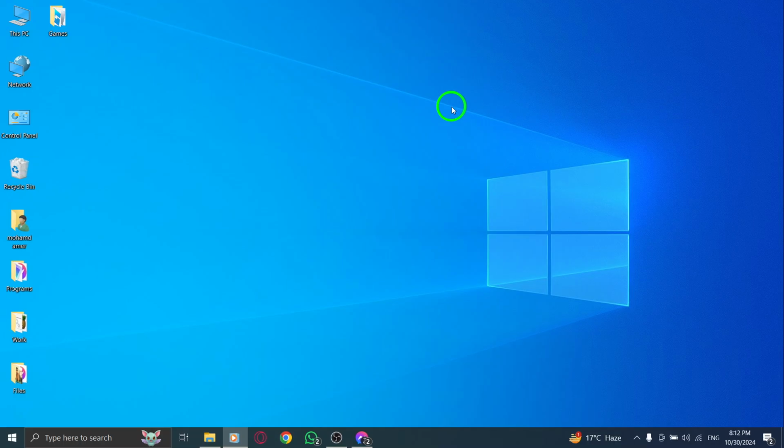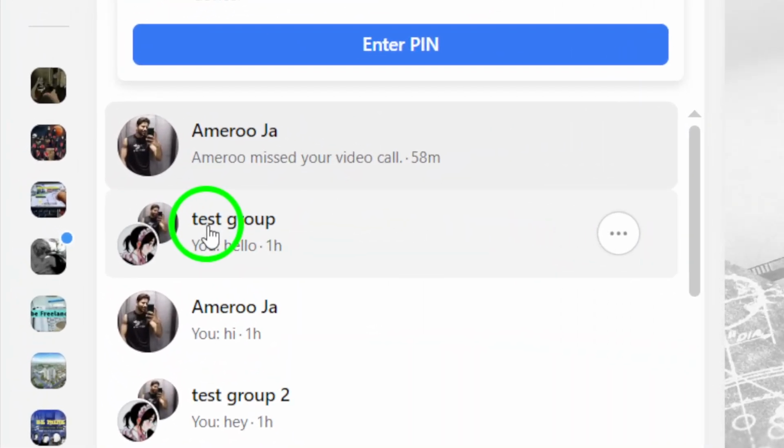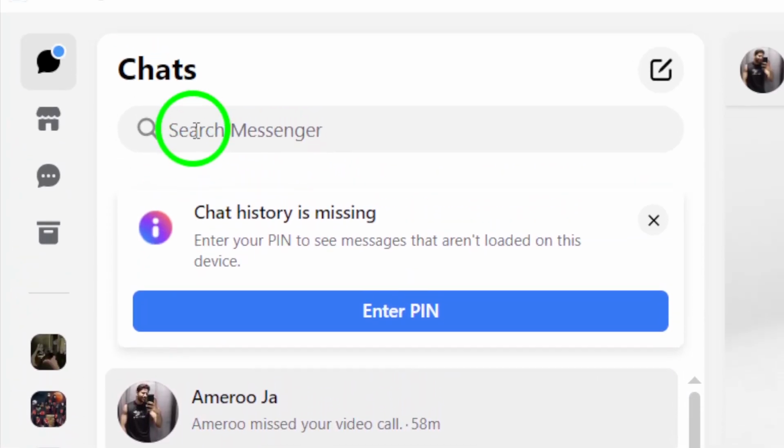Let's get started. First, go ahead and launch the Messenger app on your PC. Once you're logged in and the interface is loaded, it's time to find the group that you are interested in. Now, locate the specific group chat of the person you want more information about. Sometimes it can help to use the search bar if your group chats are numerous, making it easier to spot